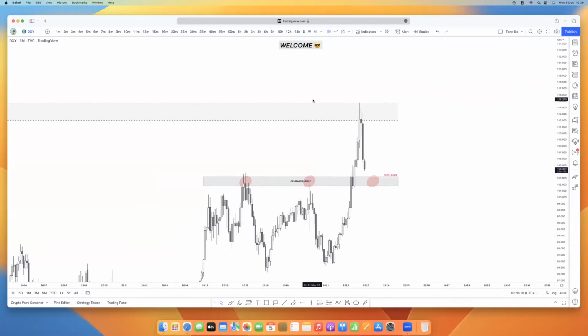Starting with DXY, if you've been watching the recording, you've been following me, you know I've marked this out for a long time. And so we are anticipating the dollar index to drop. Why are we anticipating it to drop? Because number one, we have this structure level. We have the supply in this area, we have the supply in this area, and it could be drawn to this structure level. So I'm anticipating DXY to buy more, at least to this area here, coming from a retail perspective.